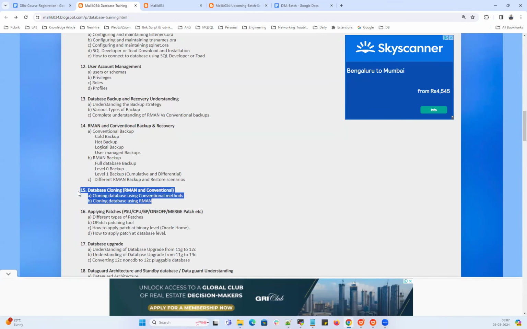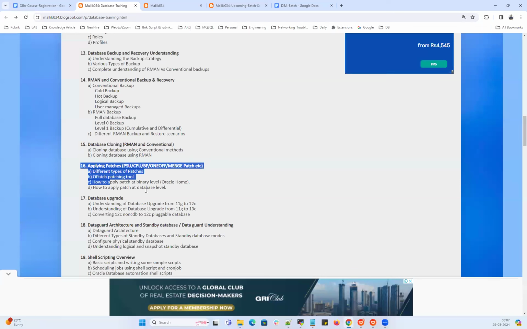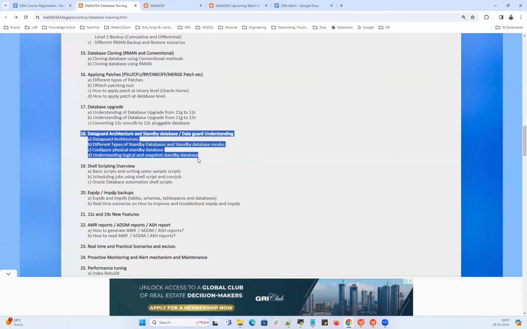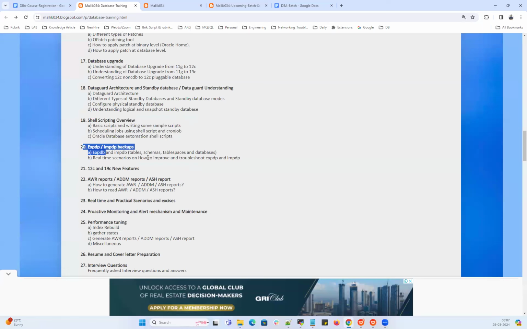different recovery scenarios: your control file missing, your data file missing, your archive logs missing, redo logs missing, and different ways to restore them. Then patching activity: OPatch Auto, Oracle home patching, grid home patching, database patching, and database upgrade. Then Data Guard: physical standby, logical standby, snapshot standby, maximum availability, maximum protection, and all those different modes and different types of standby database, and shell scripting automation, export import, and 12C, 19C new features,